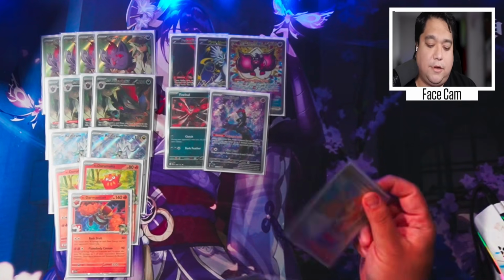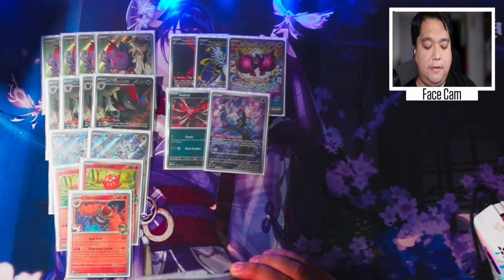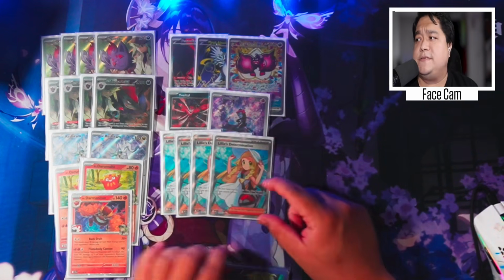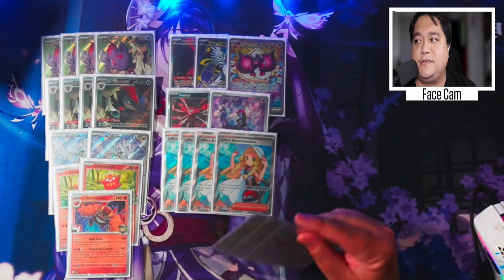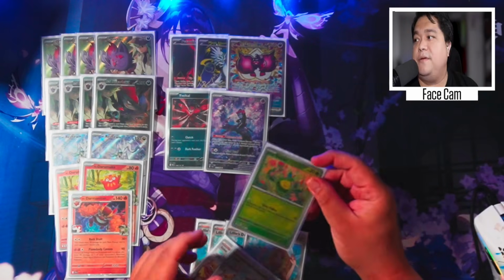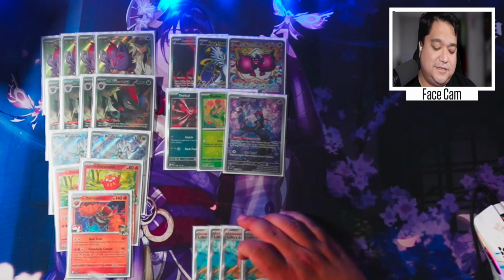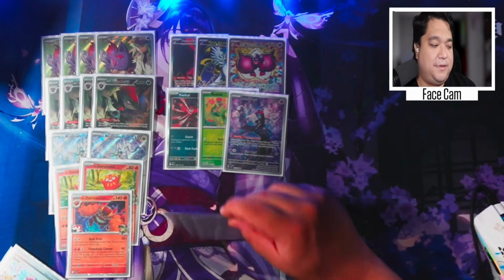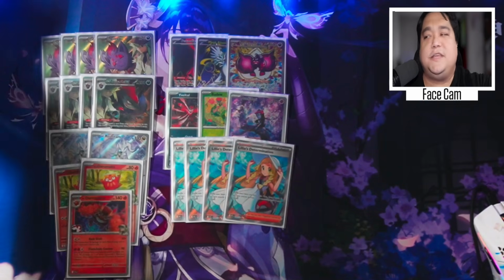So we're gonna go on to the supporters. I am playing 4 copies of Lillie's Determination. It's pretty much a staple in all decks. Oh, actually, I forgot one last Pokemon. I'm playing one Budew for the item lock. So again, back to the supporters. We're playing 4 copies of Lillie's Determination,